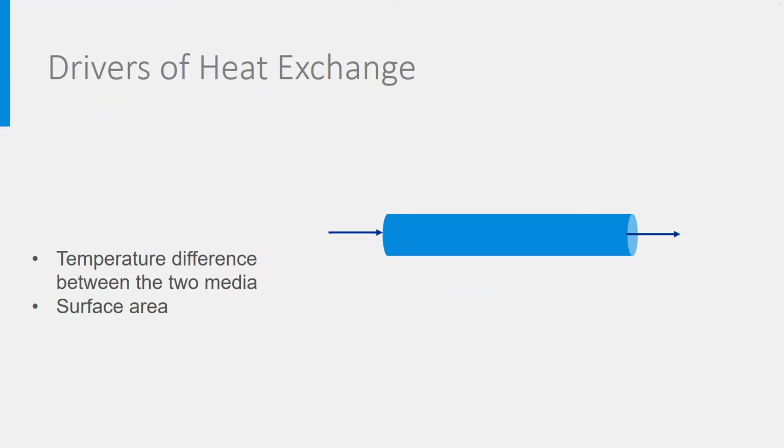To make heat exchange possible, two parameters are very important. The first one is that there should be a temperature difference between the two media that are going to exchange heat. Let's take a simple pipe with water circulating in it and placed in outdoor air, something like your garden hose. The water that comes in is at 10 degrees Celsius. If the surrounding air is at 10 degrees too, and there is no solar radiation, you know intuitively that the water in the pipe will also go out at 10 degrees.